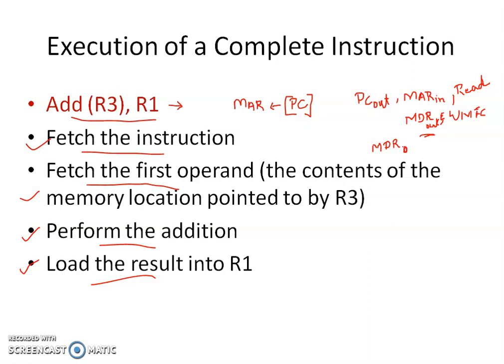So, MDR out will be, here not outing, it will be like in. Okay, we will be fetching the data from the memory via the memory bus. So, in E will be enabled. And in order to place the data from MDR to IR register, you need to initiate MDR out signal and IR in signal. Okay, so these things will be done.